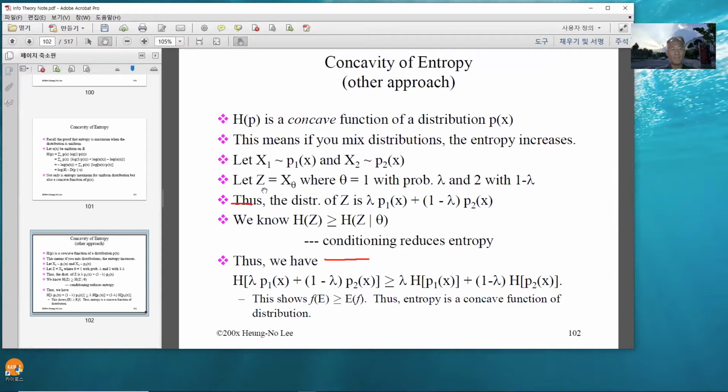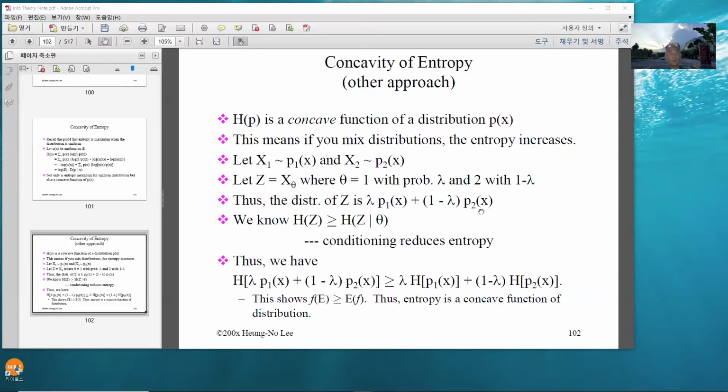And let Z be X_theta, where theta is 1 with the probability lambda, 2 with the probability 1 minus lambda. Thus, the distribution of Z is equal to lambda p1(x) plus (1 minus lambda) p2(x). How do you get this? Basically, you can use the total probability theorem to get this. So once you have found the distribution of Z to be this one,